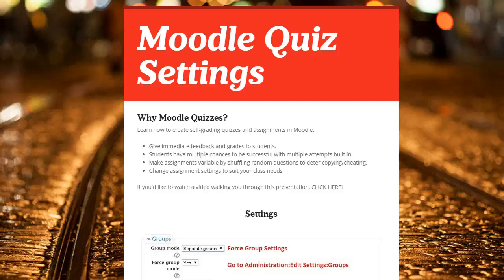Hey everybody, today I'm going to walk you through the different settings that are available to you when you create a quiz in Moodle. If you've never used a quiz in Moodle, a Moodle quiz is an amazing resource